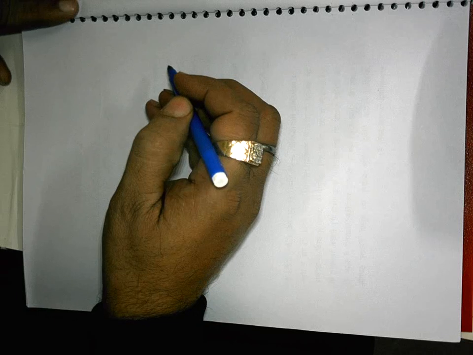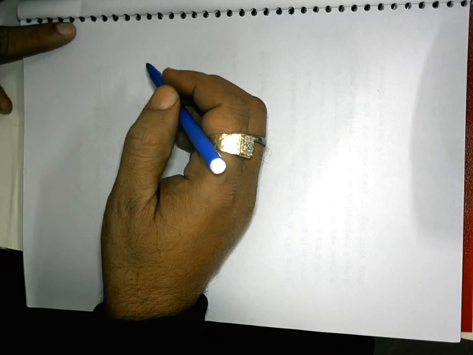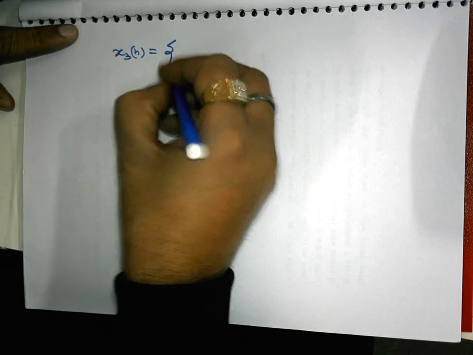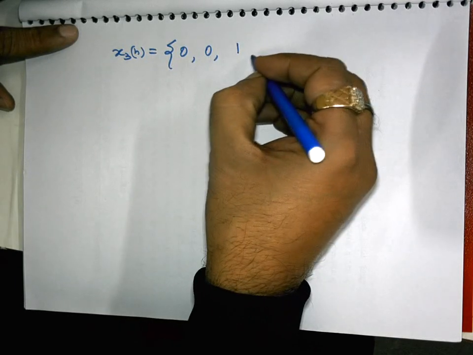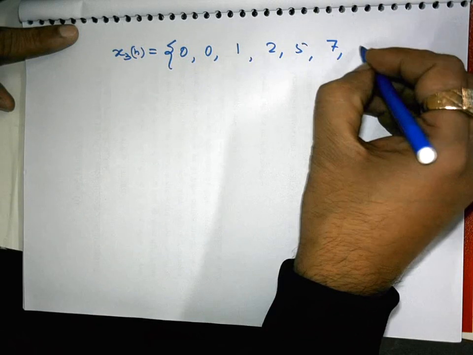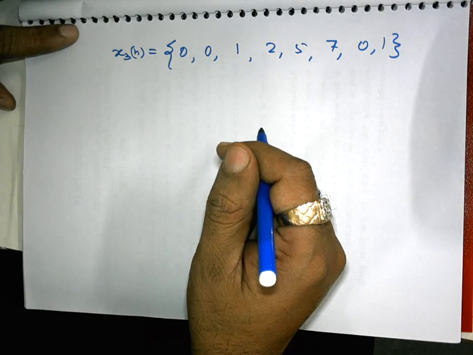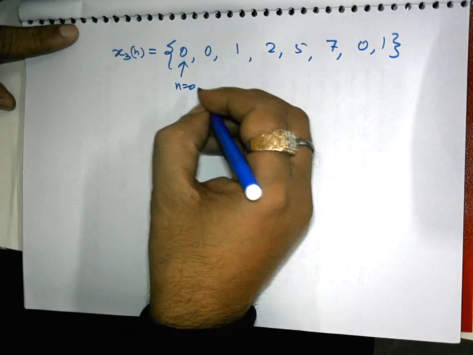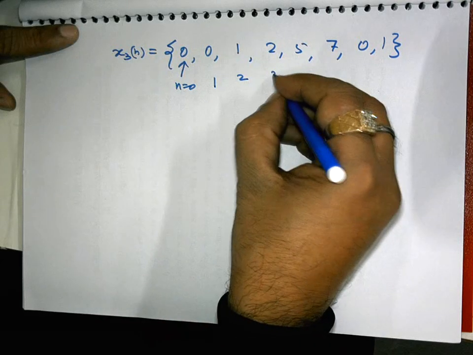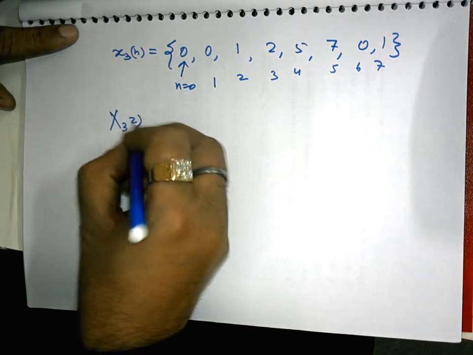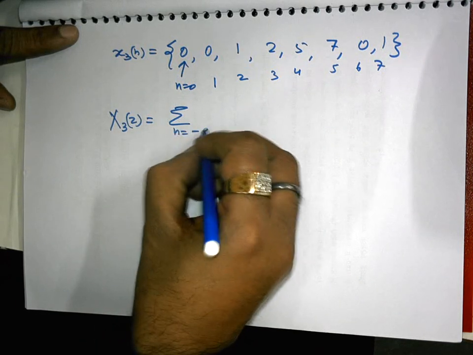Now if you look at another signal, x3[n] equals 0, 0, 1, 2, 5, 7, 0 and 1. The same signal, but shifted in time by 2 units, if you see. Here n equal to 0 is this, 1 is this, 2 is this, 3, 4, 5, 6 and 7. Okay. So simply you can write X3(z) to be equal to the summation over n equals -infinity to